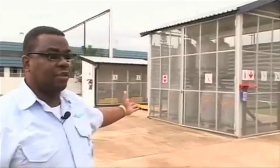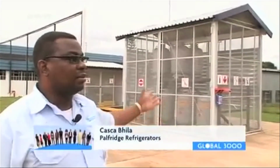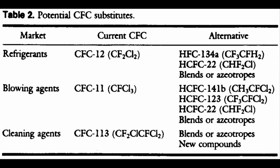This is our bulk storage where we store our refrigerant. It's a hydrocarbon gas, totally friendly to the environment, and we are lucky to be the first ones in South Africa, or in Africa as a whole, to have this kind of equipment. Most of them are still harmful to the ozone, but not nearly as much as the chlorine released from the